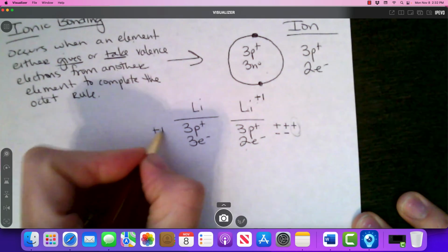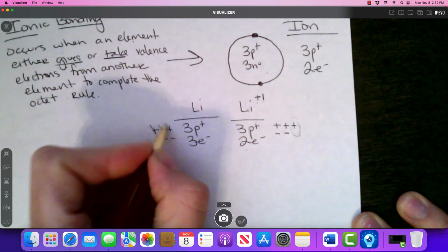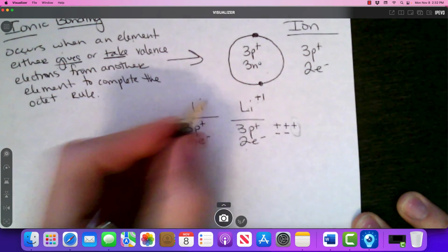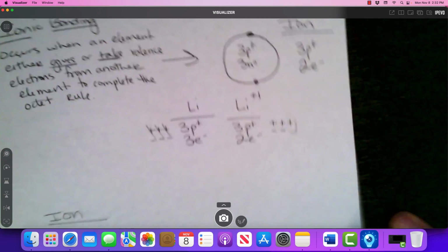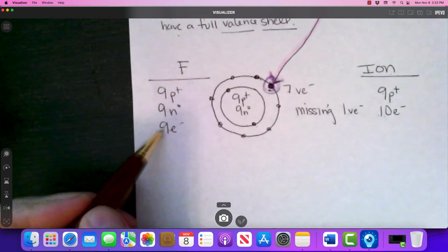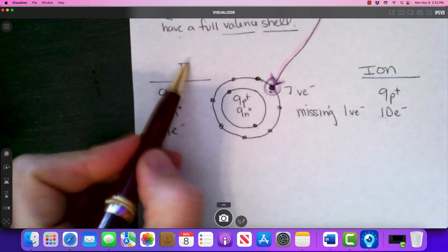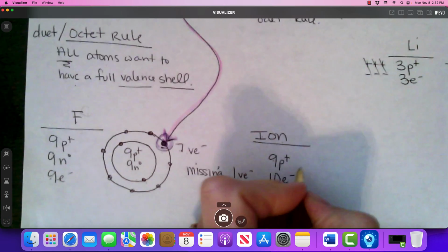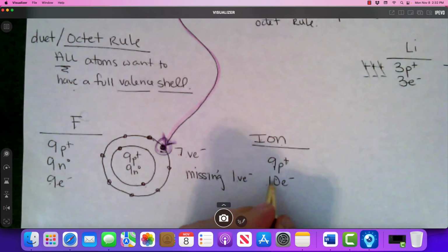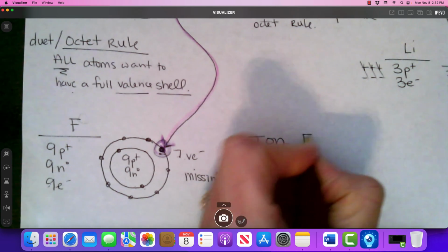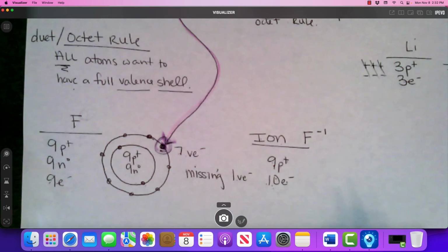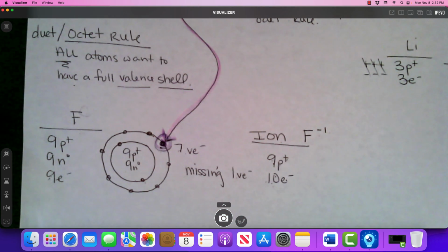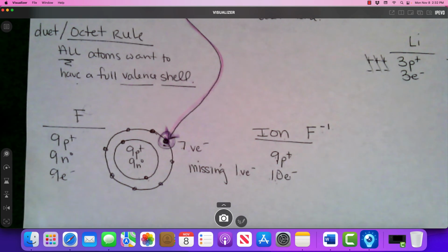Here, you had 3 protons and 3 electrons, and they canceled out. So there is no charge here. This is written as what is called a superscript, meaning you write it up and to the right. Same thing here, 9 protons, 9 electrons, those cancel out, so there is no superscript here. But here we have 9 positives and 10 negatives. So the ion, fluorine, is going to have 1 extra negative charge, -1. That's the why behind this. All right,